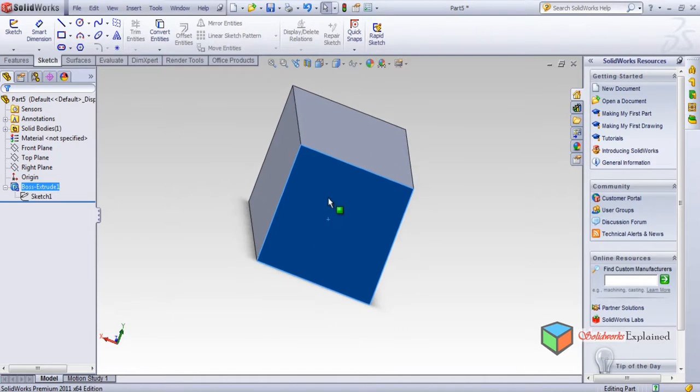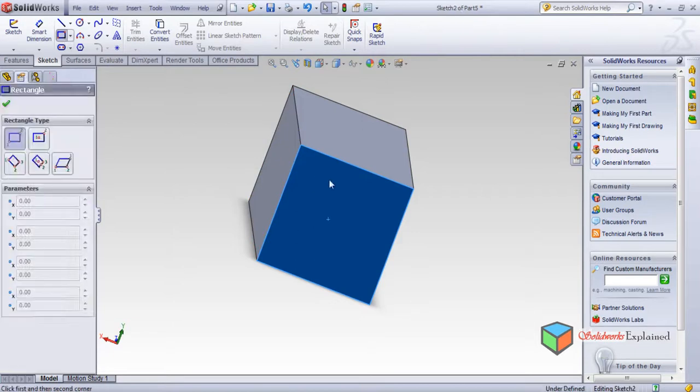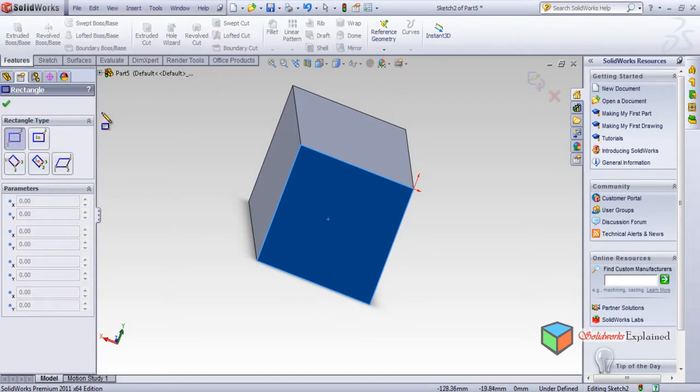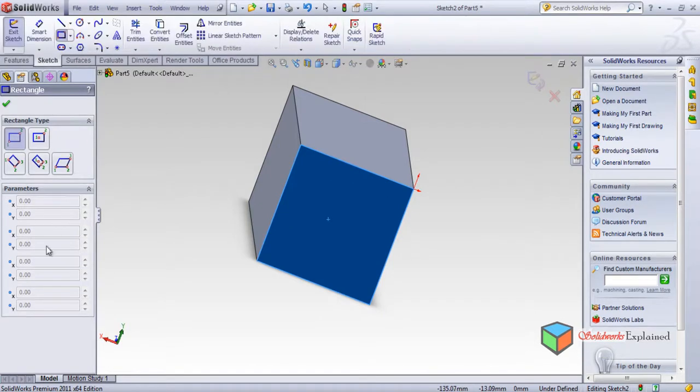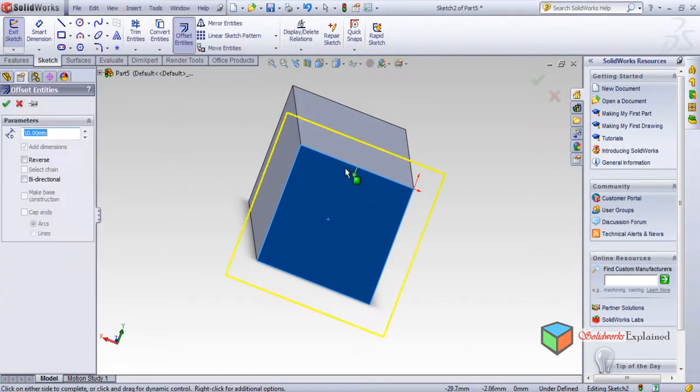I want to show you, I want to make a rectangle, but for making a rectangle I want to make an exact rectangle which comes inside the square block. So from this option directly I can make a rectangle and give edges and everything, but if I want to make it exact, then what to do? So for that we are in sketch, so that will offset few things. What I want to offset is